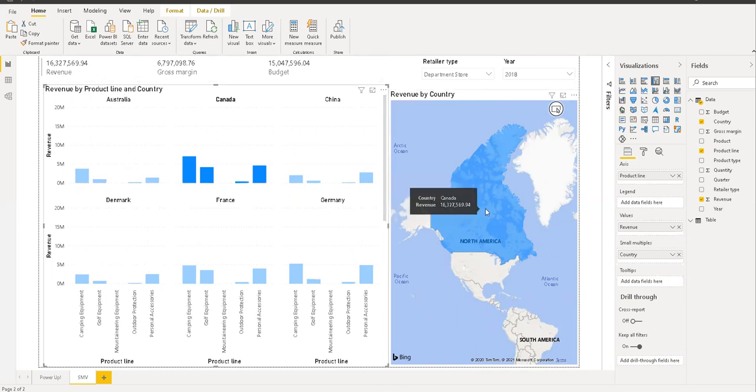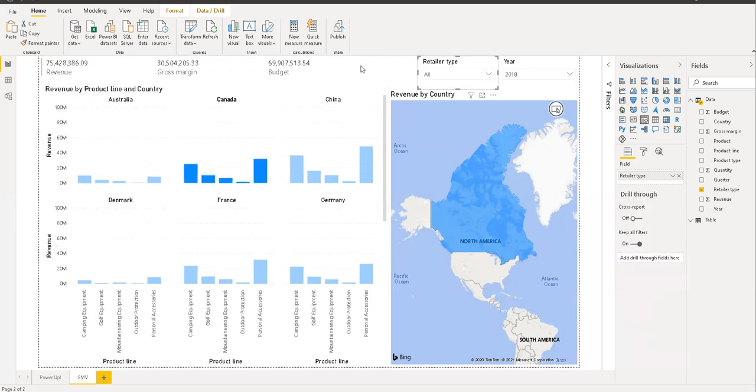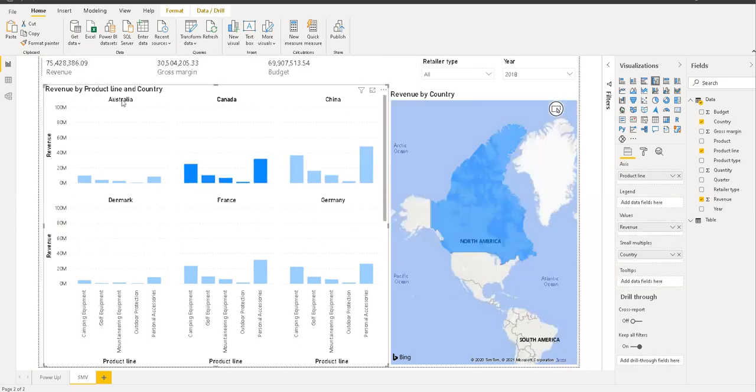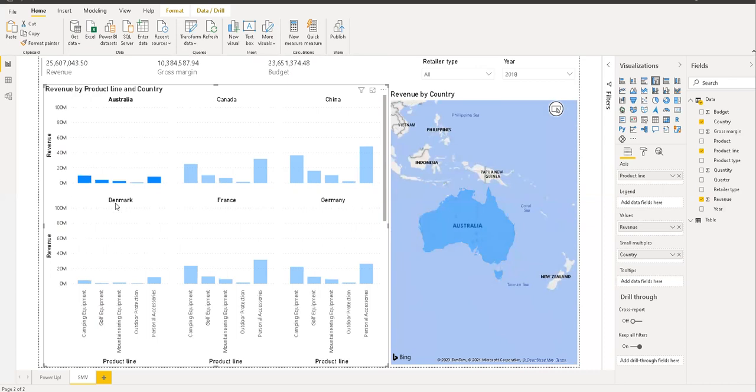I can add the tooltip over here for the gross margin and budget. So our budget was 15 million, but our gross margin is 6 million. It means that we are way behind. So it is a point of concern for our company to look into the sales figures, as we have achieved hardly 50%. This is only hypothetical information, so that you can see which country is performing well, which product is performing well.